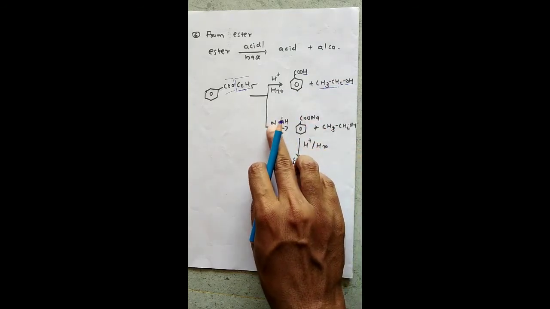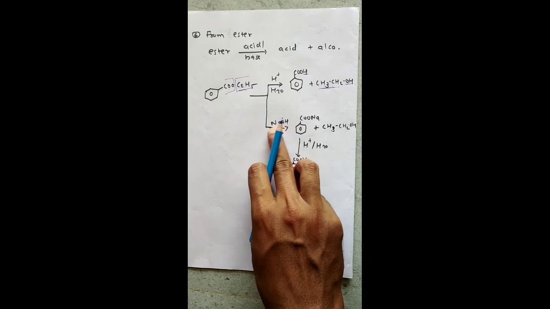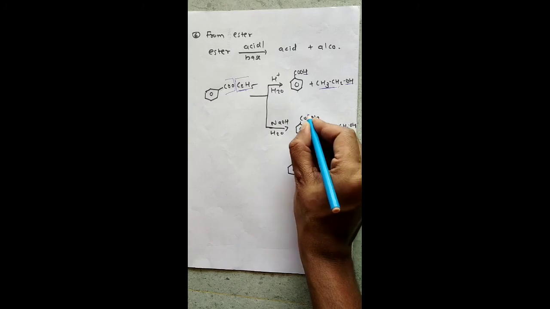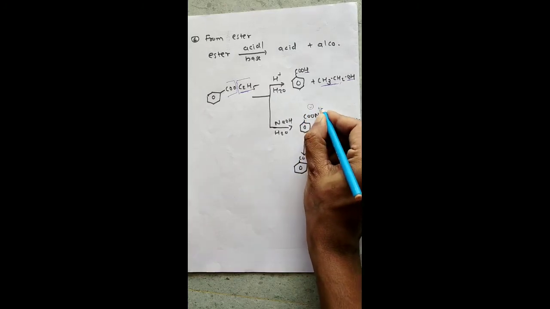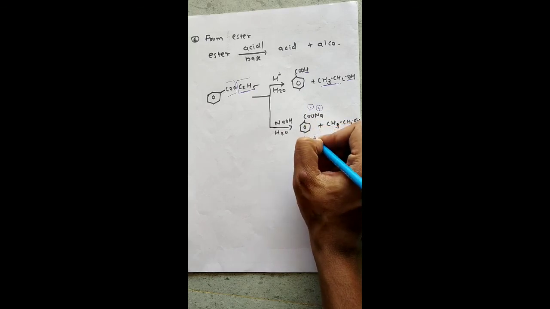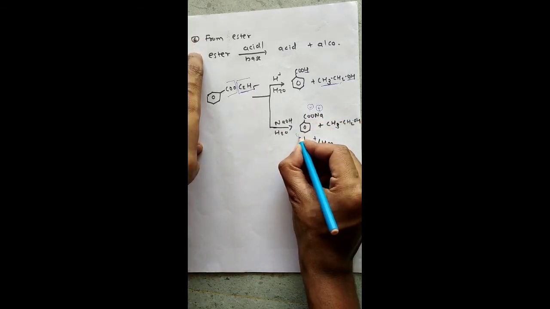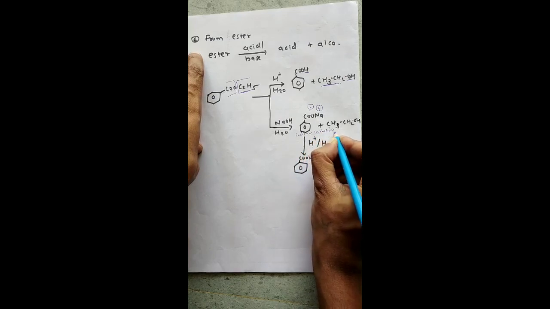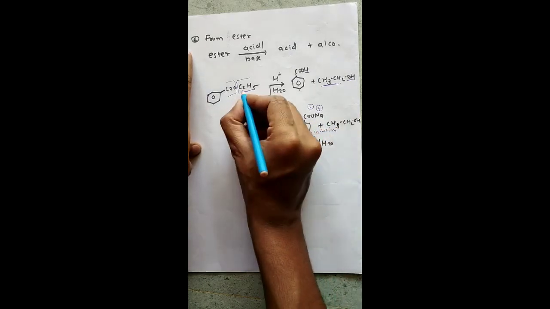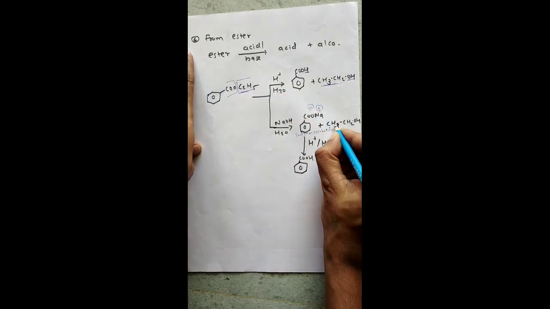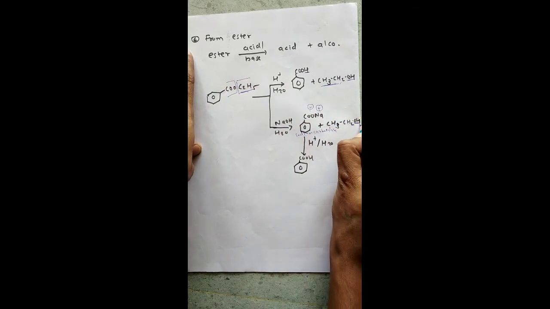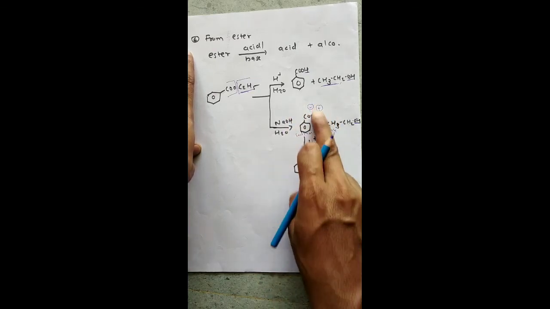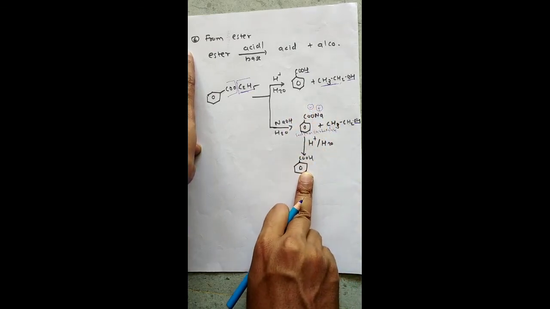If we use basic medium, as base I have taken NaOH here. So in the first step make the carboxylate ion. Here COO negative and Na plus combine to form this salt, sodium carboxylate. The remaining molecule C2H5, CH3CH2, you can see they both are the same. It attaches with OH forming alcohol. Now acidify this salt, so you'll get benzoic acid.